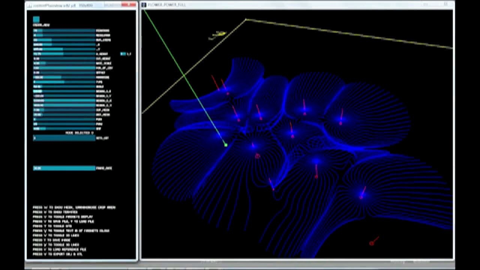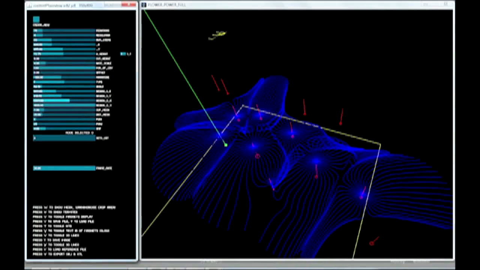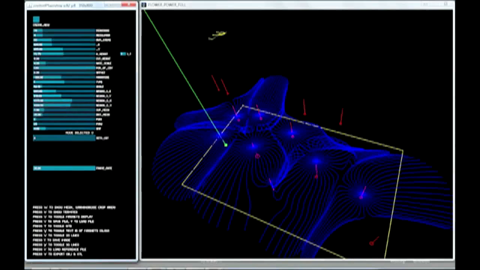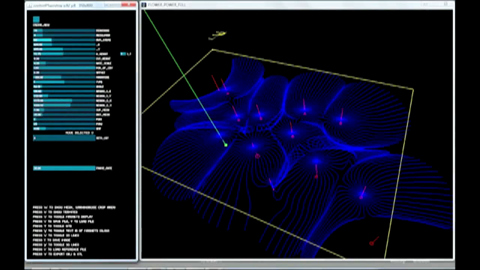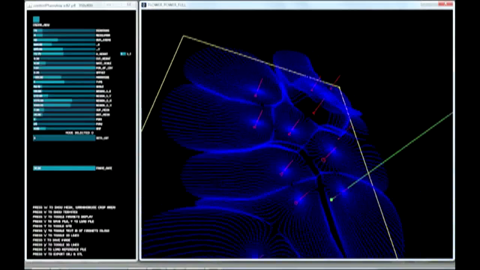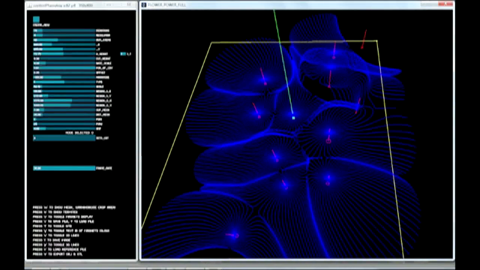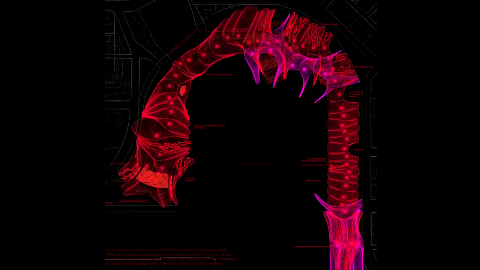So the simulation really stands as a generator of form, but not only form, but of logic and concept. The simulation takes a very early stage in the design process, and the forms that derive are once again unpredictable and very bottom up, based on relationships as opposed to defined geometries.